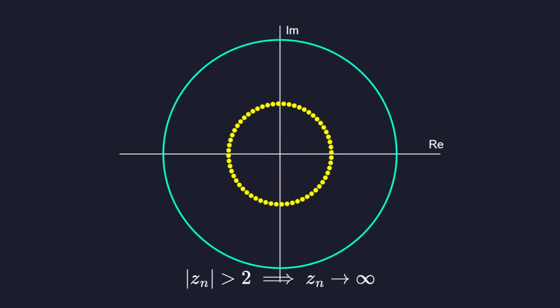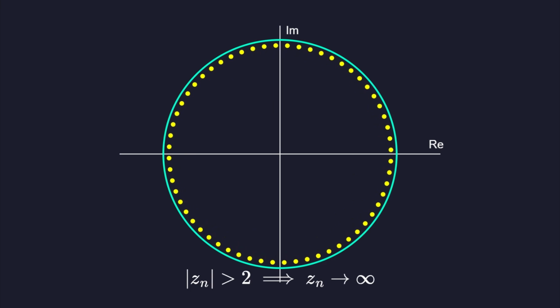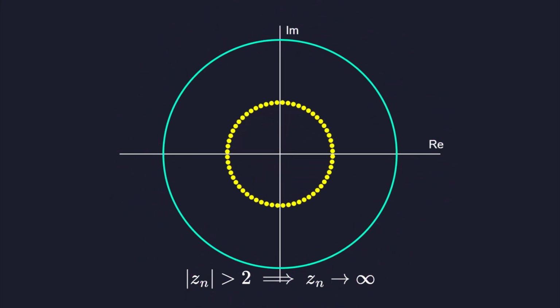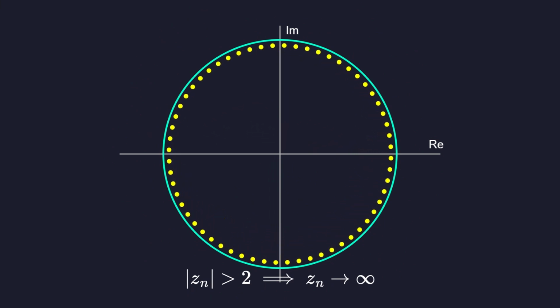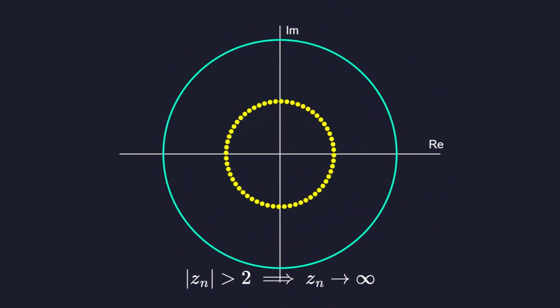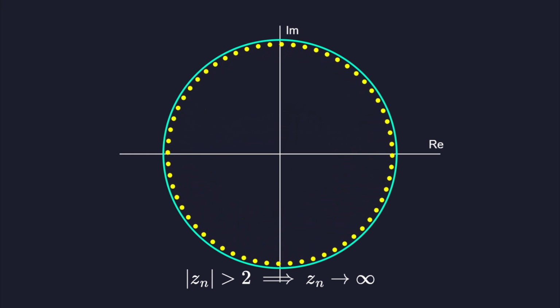A fundamental theorem in complex dynamics states that if the absolute value of any iterate exceeds 2, the sequence will definitely diverge to infinity. This escape radius of 2 provides the hard boundary used by all computational algorithms to visualize